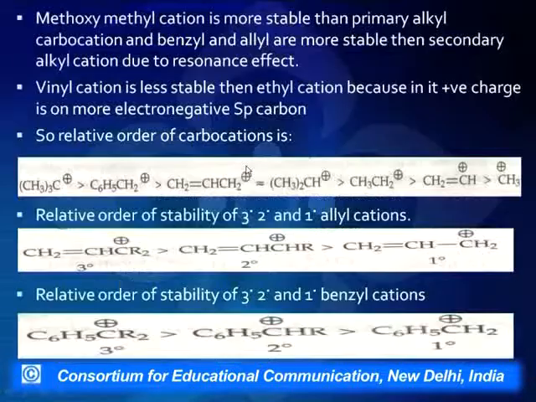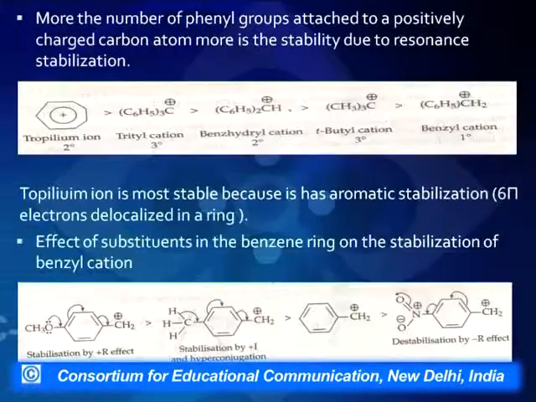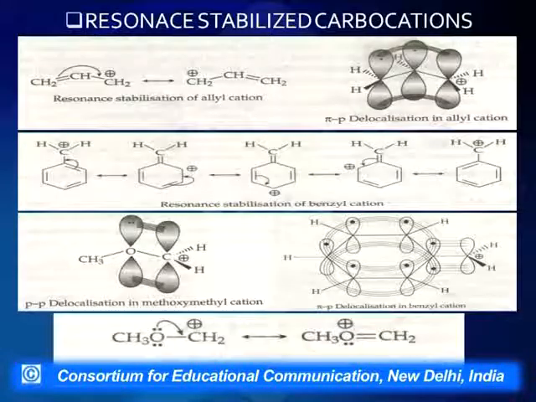So when we talk of the stability of a carbocation and we have to see which is more stable, then we say that between the allyl and a secondary carbocation, allyl carbocation, in spite of being a primary carbocation, is as stable as any secondary alkyl carbocation. Now if we look into a methoxy group attached to this group, the lone pair of electrons interacts with the positive charge, making this carbocation stable, and what we observe here is